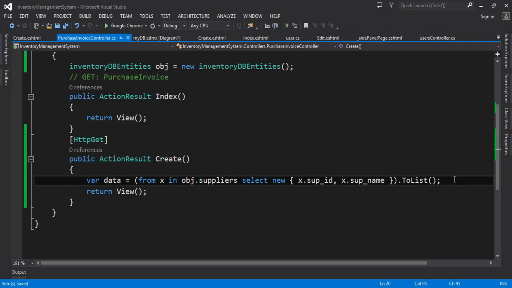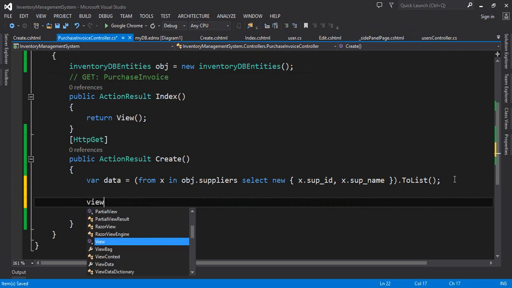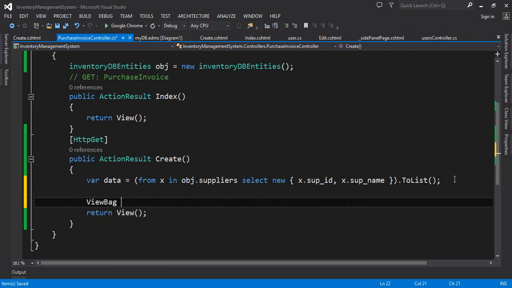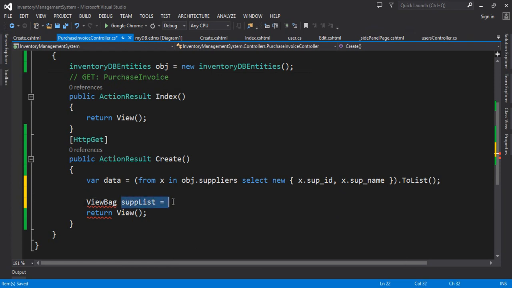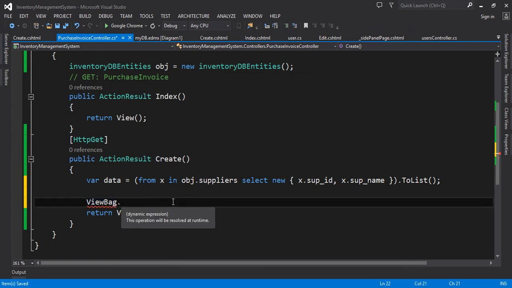So guys, let me create a container that is ViewBag dot SupplierList equals to, because ViewBag is a dynamic property, so ViewBag dot SupplierList equals to, now we have